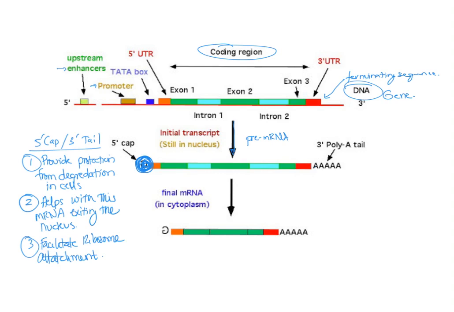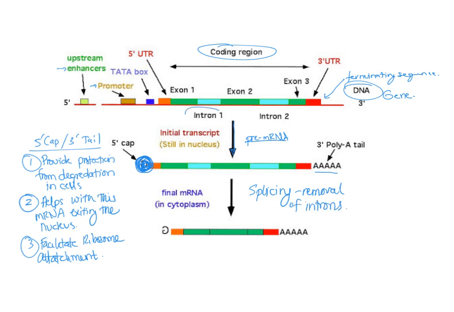So let's talk a little bit more about the other element of RNA processing, which is splicing, and that's the major component that we see in this diagram. So once the pre-mRNA has been modified with that 5' cap and the poly A tail, you'll notice that splicing refers to the removal of introns,